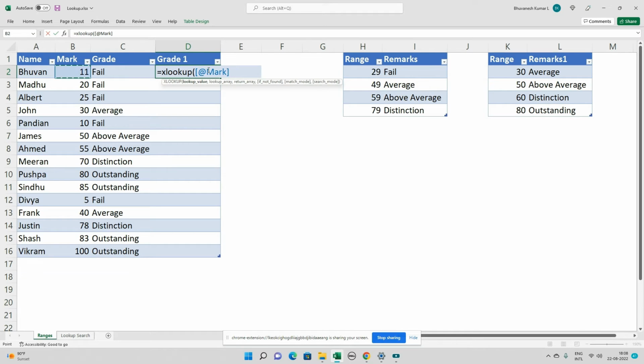In this particular case, I'm going to go to the mark as a lookup value, and then my range as a lookup value, and my return array is the grades, right? So there is no change in this part. My next part is the not found, right? So what is not found here is a fail case. So I'm going to put fail,